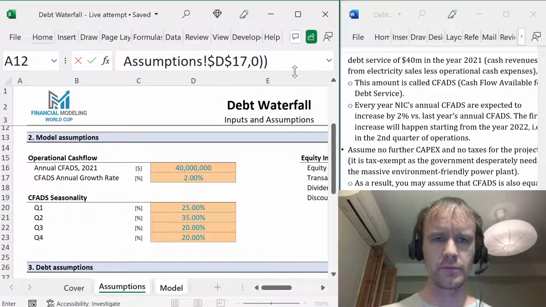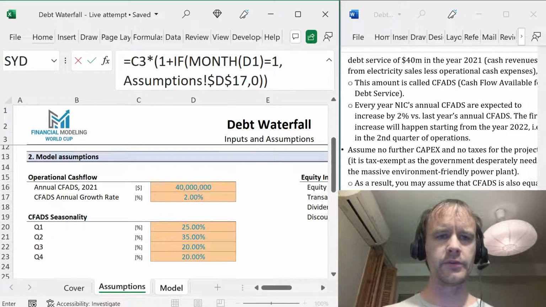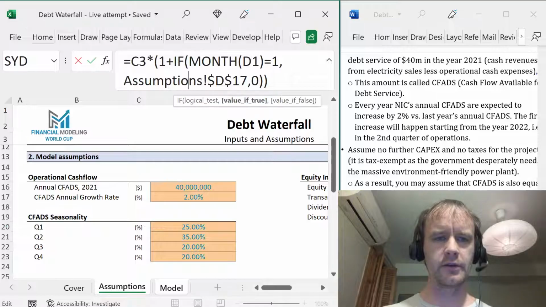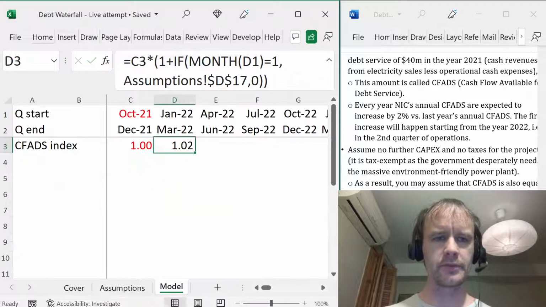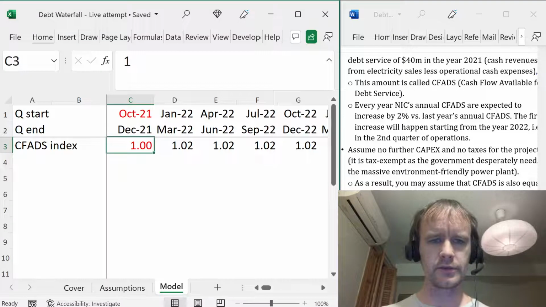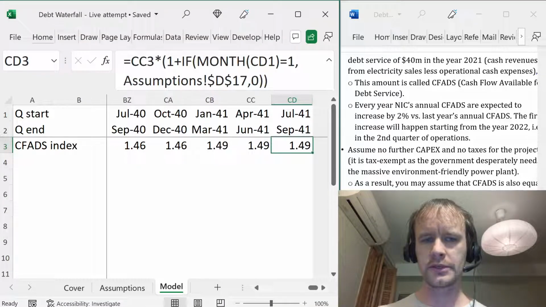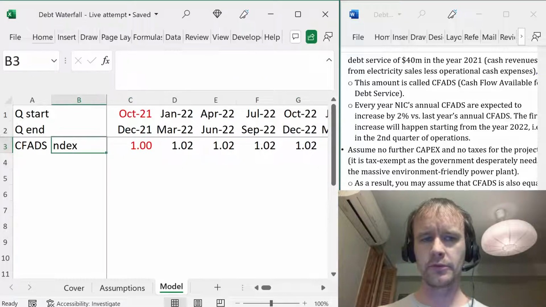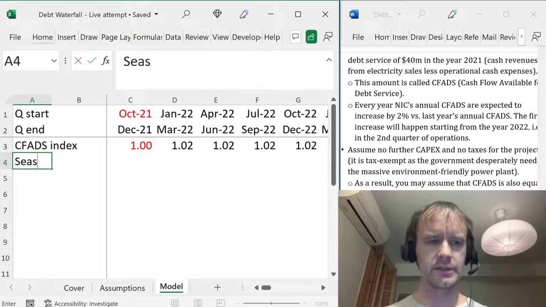Oh man, my formula bar is so narrow. So if the month is January, then we're going up by 2%, otherwise we're not going up. And then I copy that across, and I'll just format that to 2 decimal places, so you can see over the course of the 10 years that gets it up by almost 50% over the start. Then seasonality,